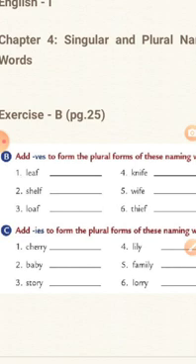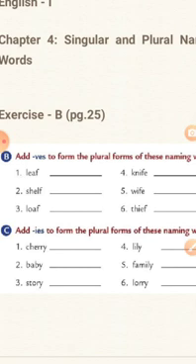So number 1, LEAF, it's leaf. The singular naming word is leaf. So it is ending with F. So what did we learn as a spelling rule? That we have to remove F if it ends with the F. Then what will be the plural for this word? Leaves. So what will be the spelling? LEAVES, leaves.